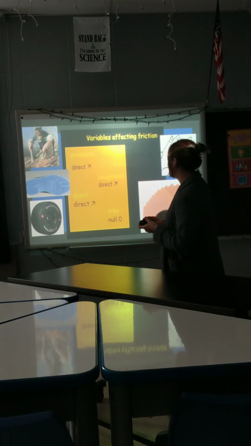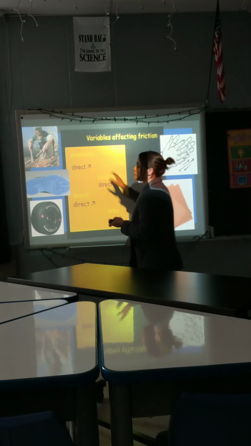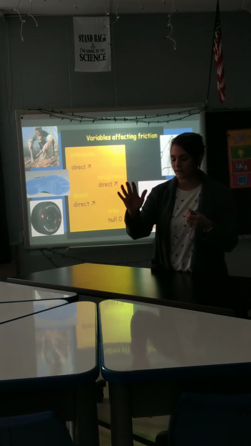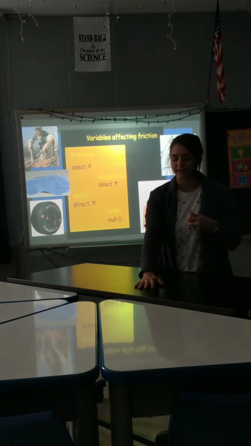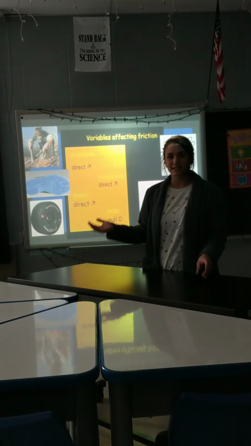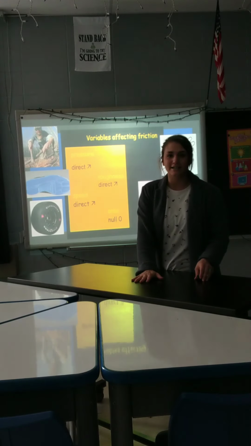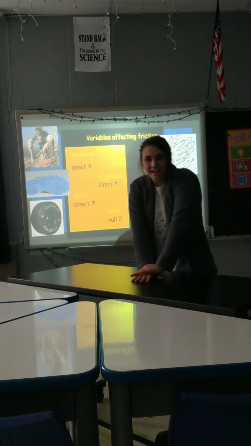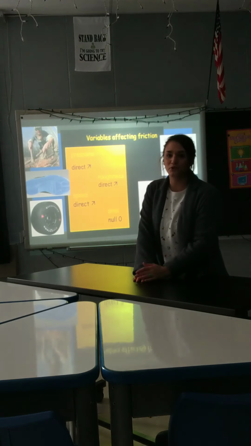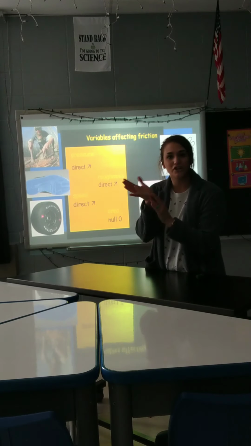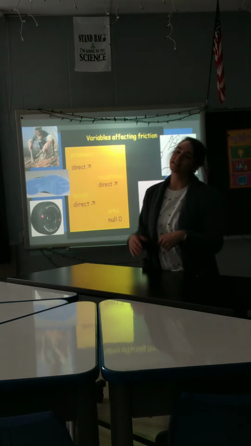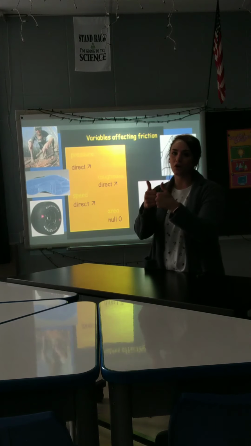Also a direct relationship. Something else we want to talk about is pressure. When pressure goes up, friction also goes up. If you put your hand on the desk or on a table and try and just slide your hand across that table, it'll work pretty easily. But if you put your hand on the desk and then put your other hand on that desk and add a lot of pressure and add your weight to your hand, it's going to make it a lot harder for your hand to move because of that friction. The microscopic bumps in your hand get stuck to the microscopic bumps in the table or desk. And so when pressure goes up, friction also goes up.